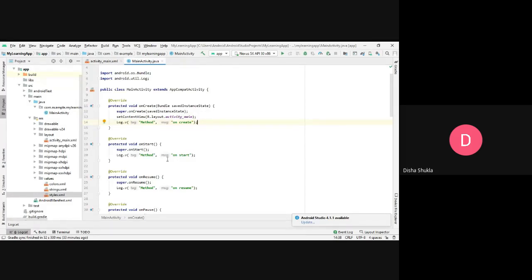And as you already know, there are certain methods for an activity, and the activity lifecycle starts with the onCreate method. Then we have the onStart method. Then we have... Do you remember the sequence of each and every method that goes? I mean, in the sequence, I don't want only the names of those methods. I want to know if you are aware about the sequence. Okay, quickly write down if you are aware about it.